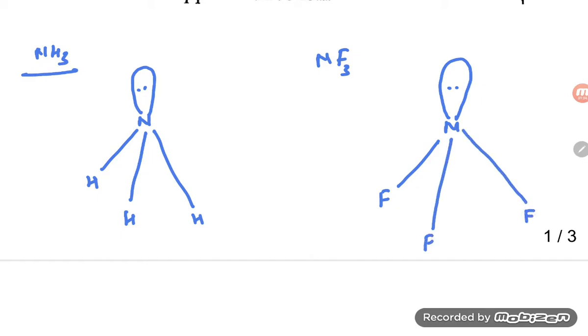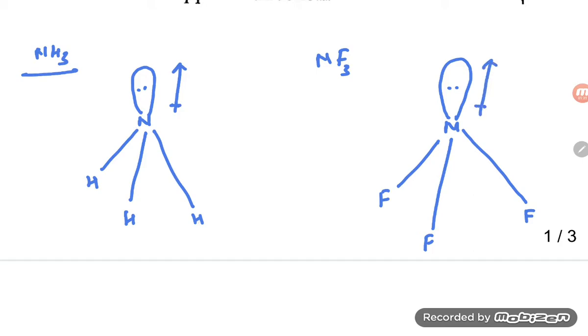So what you are able to find, students, is that the dipole moment is the measure of the polarity of the bond. Wherever the electronegativity is more, the vector will go there. So for the lone pair of electrons, it will be in this direction. There is no problem here.